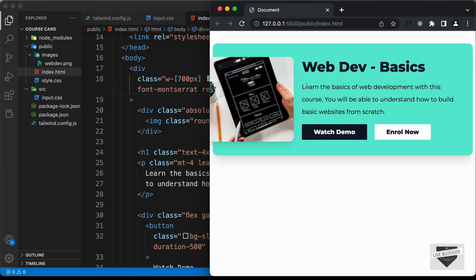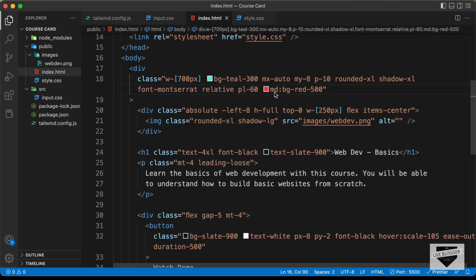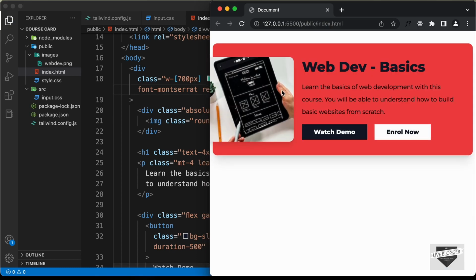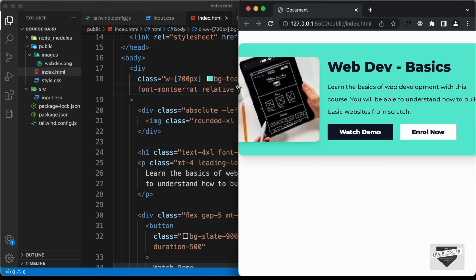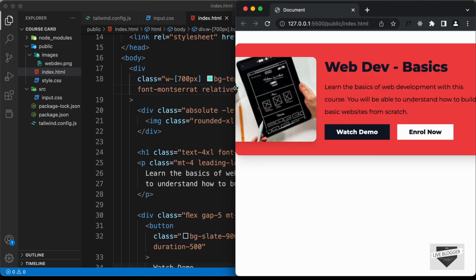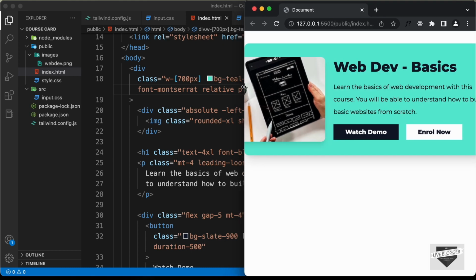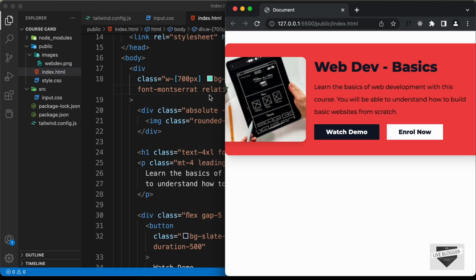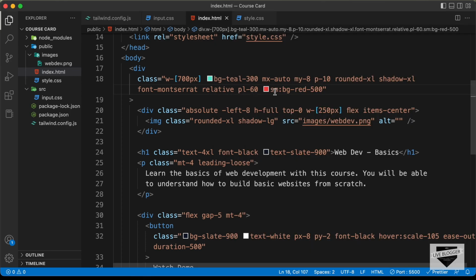That's because this browser width is lesser than this breakpoint right here. Now if I just add SM over here, it will have a smaller breakpoint. So if I decrease the width even more, now we can see that the red color is gone. So in this way we can add different breakpoints. So we will add a breakpoint of MD,